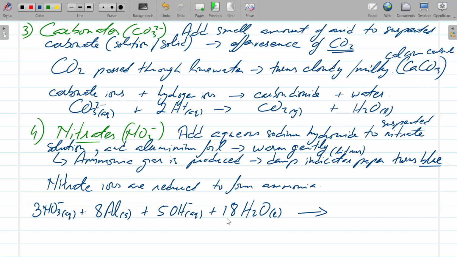All right, so these are the reactants. And so what you're getting out of this is 3 ammonia molecules, which is a gas,